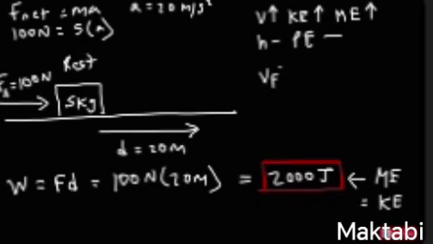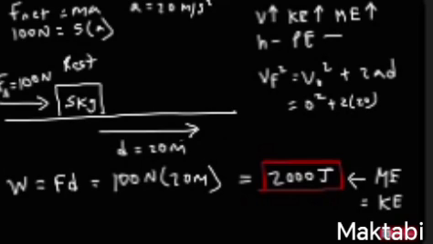Now, using this equation, we can calculate the final speed now that we know the displacement and the acceleration. The initial speed is 0, a is 20, and the displacement is 20 meters. 20 times 20 is 400, times 2, that's going to be 800. So taking the square root of that,